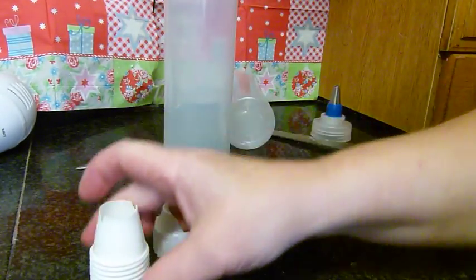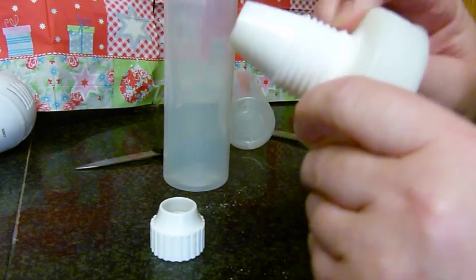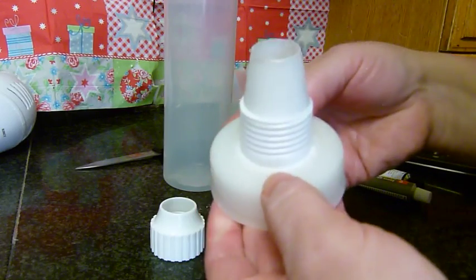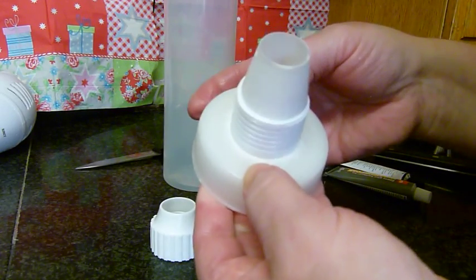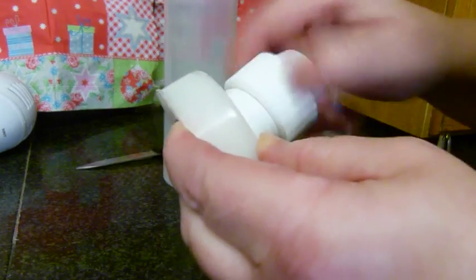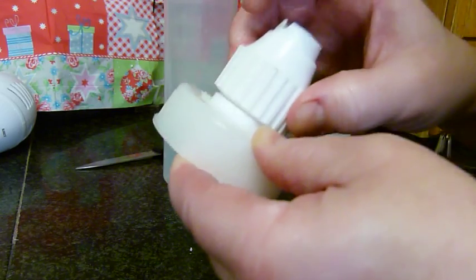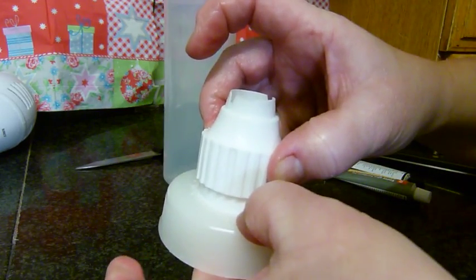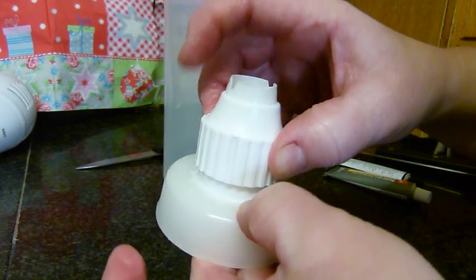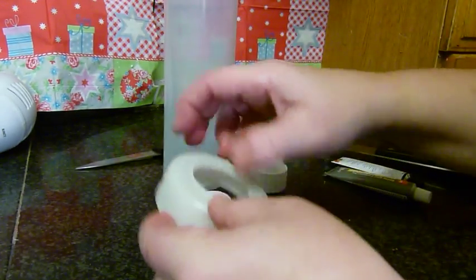Now with the bigger one, that is a little bit different, because when you press the coupler through, you have a gap, and when you twist this on, there's a big gap. That's as far on as it'll go, so you need to glue this part on. So I'm just going to get the glue,